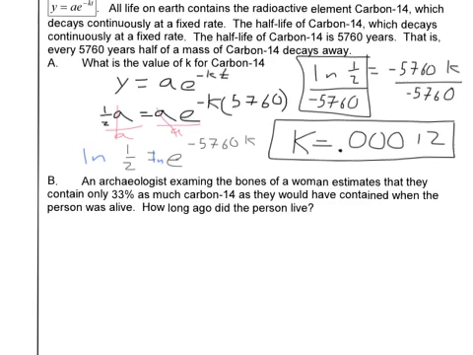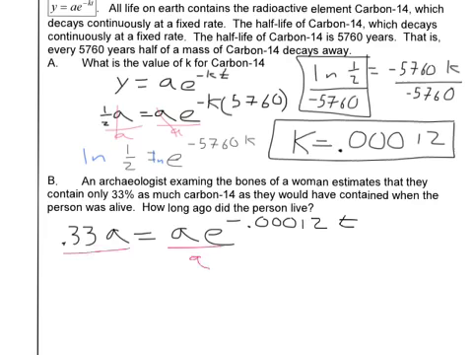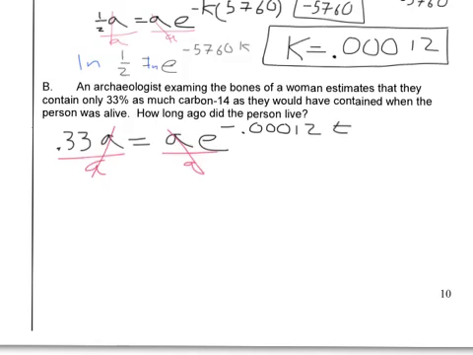So let's think about this. We want 33%. We want to end with 33% of our original, and our original is A. So we would say that's got to equal A times e to the negative k value, which is 0.00012, and then times t, which is the time that we're going to try and solve for here. So we could divide by A, the A's cancel out again, and we're left with 0.33 equals e to the negative